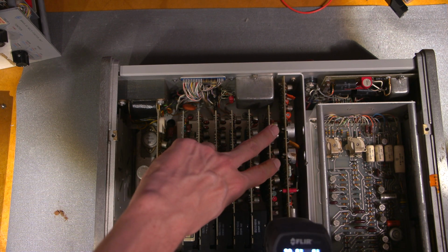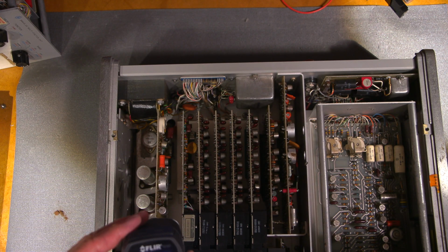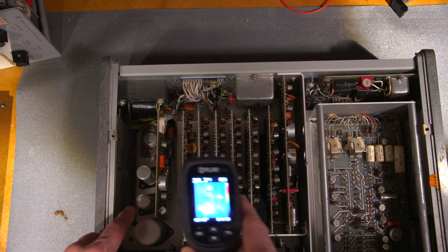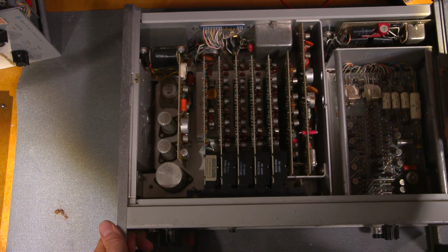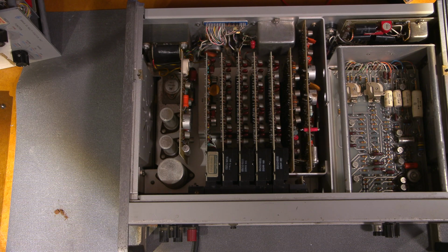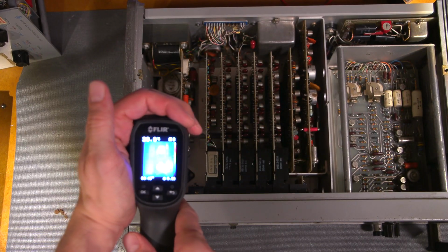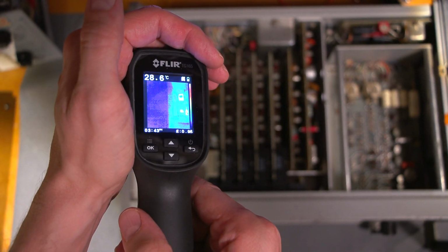You can see a bunch of resistors here that are getting nice and warm. And this capacitor here is getting warm. That's probably what's doing it. What I'll do is I'll put this into the shot like so, and move this over here and see if I can give you an example of that. Where are we here? There it is. I don't know if that's going to...